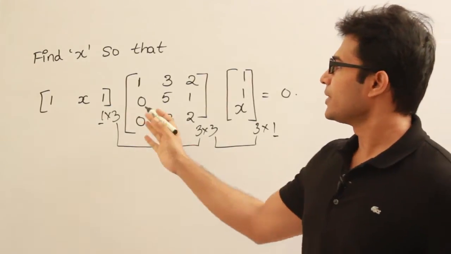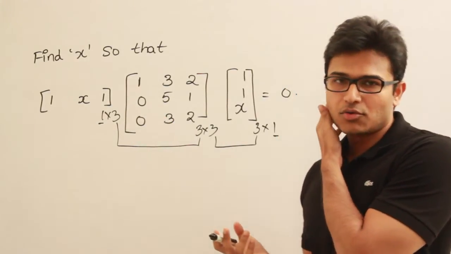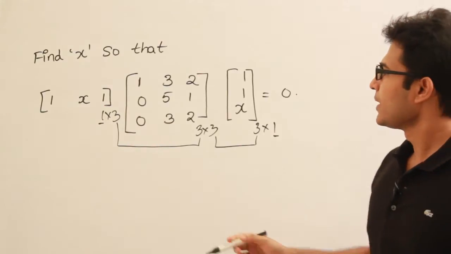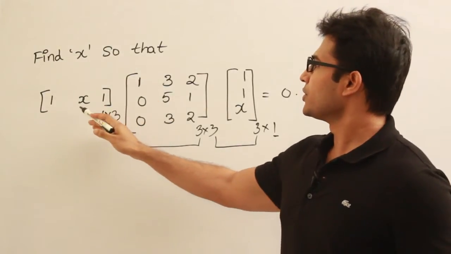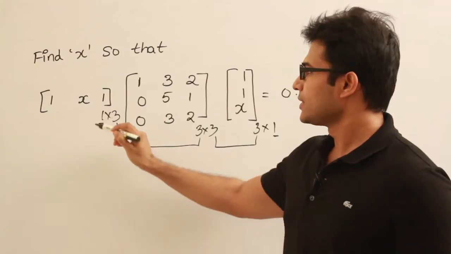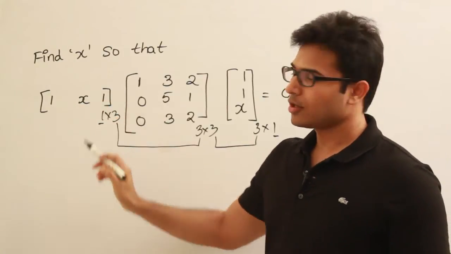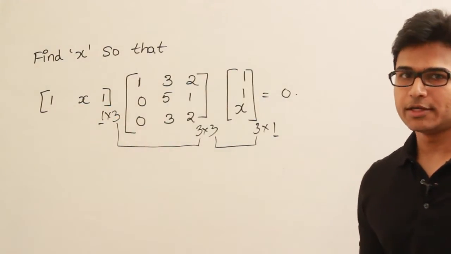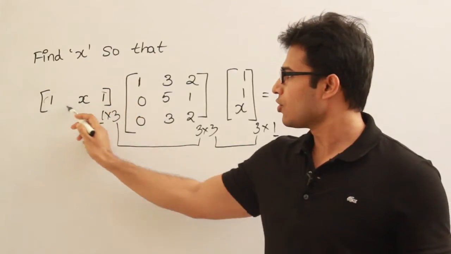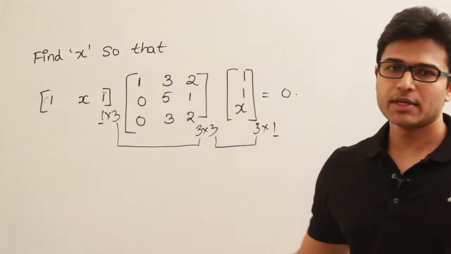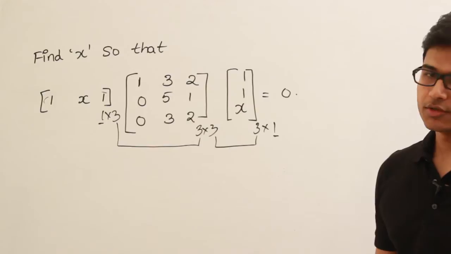So let's just multiply it. If you know multiplication and if you know how to do it, you can skip this video, right? So let me do it for those who don't know it. So if I multiply this, we have to go by the row by column rule. I think you know how to multiply, right? So we have to take the row and column and multiply the corresponding elements, and we do so on.